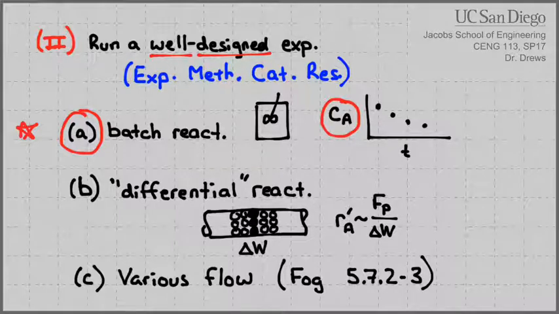So this is a step that we have to have a lab for. There is no way to get around this. You can't use any level of theory that we know of right now to actually do anything like this, so you have to get into a lab and do it. Obviously, you don't have to get into a lab for this class, so you will always be given this information. There'll be a table of concentration versus time or something like that, which represents what you would have gotten if you went out and did a well-designed experiment. We just don't have time to shove another class into 2 weeks, so we're just going to give you that data. Step 3 is the one where you'll spend most of your time in terms of analysis,